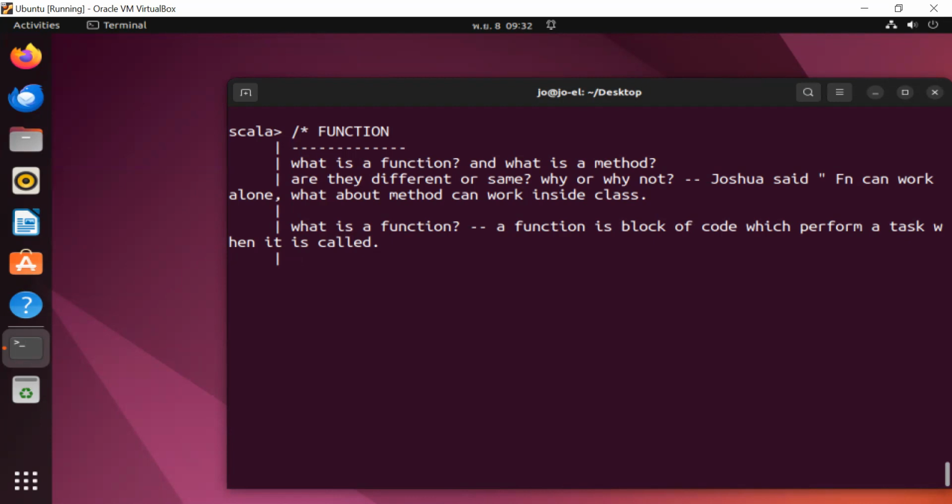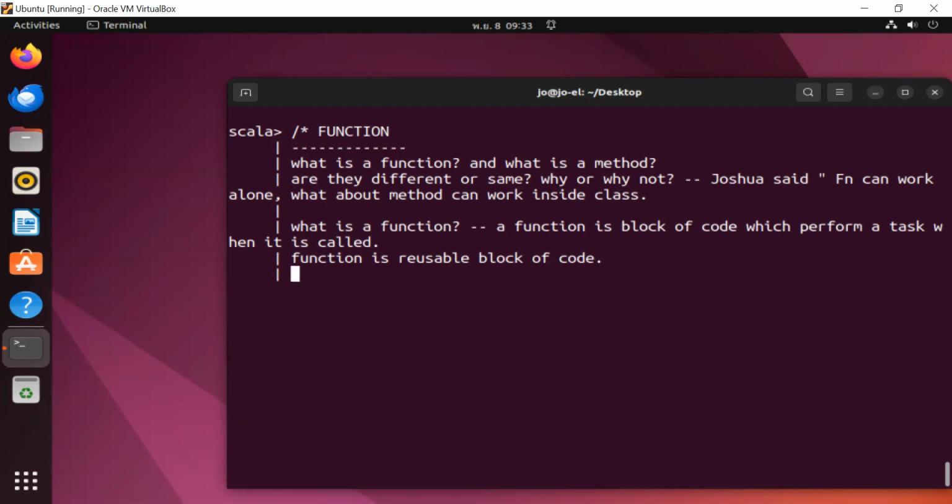Or else we can say a function is a reusable block of code, right? It's a reusable block of code. So we are going to use it over and over again, right? That's the function.